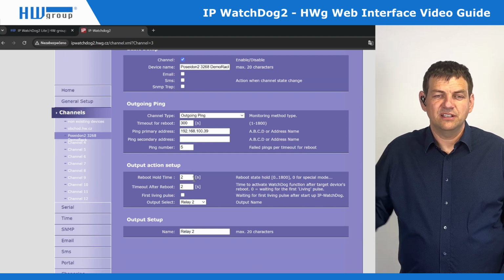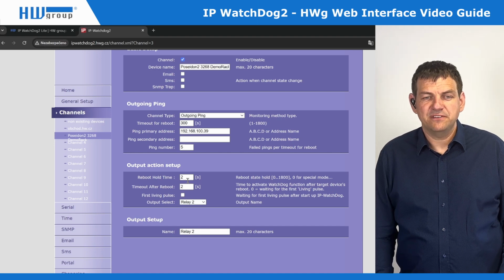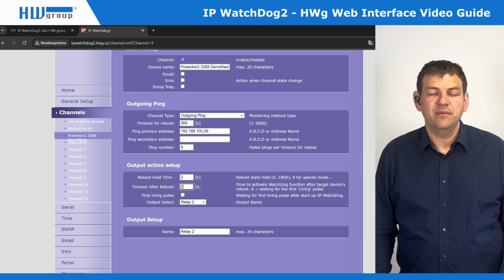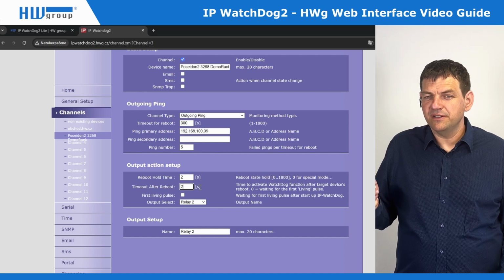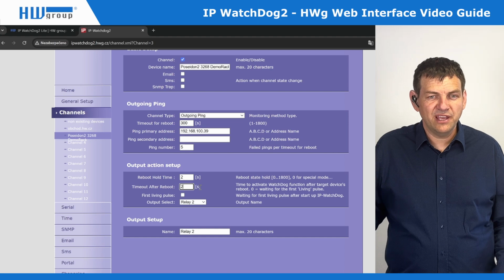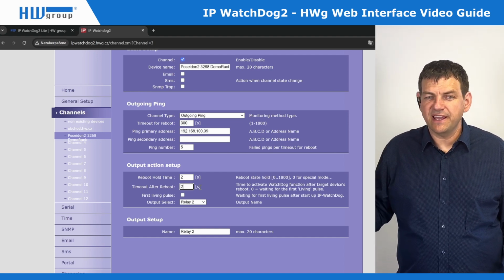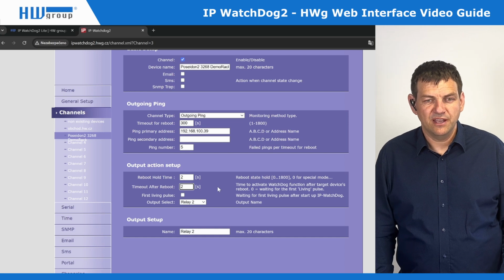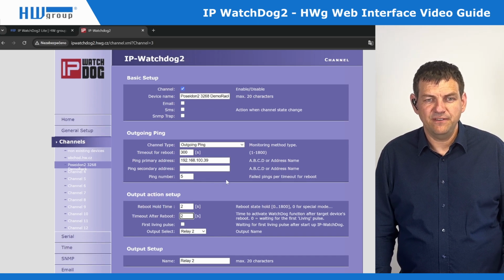So we hold the output switched on for 2 seconds, and after that we wait for this time until the device is working again. For the case of the ping, there can even be 0, and that means it doesn't matter how long the server is booting, we are waiting for the first ping reply to say yes, okay, it's working again, and we can keep going with the watchdog. So that's the basic feature, how we are using this device. Each channel can be configured like that.